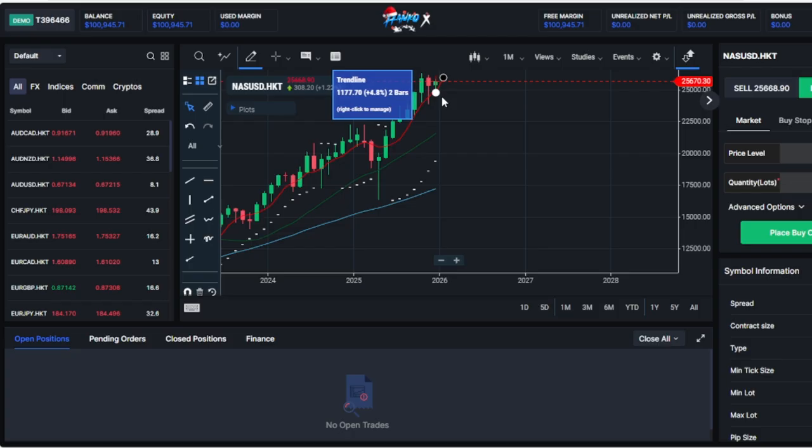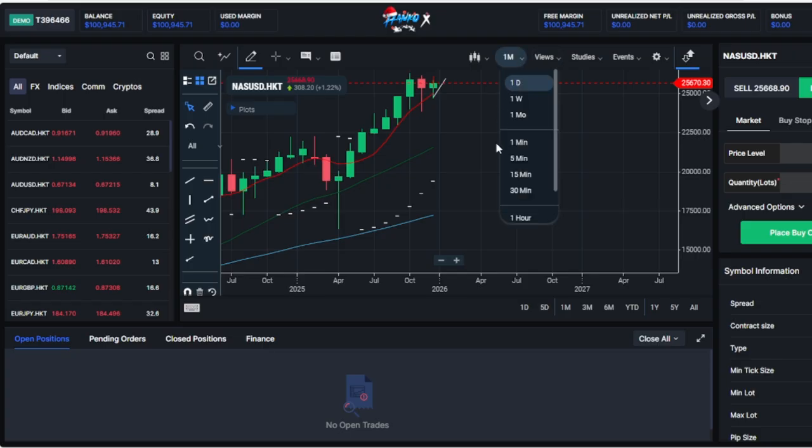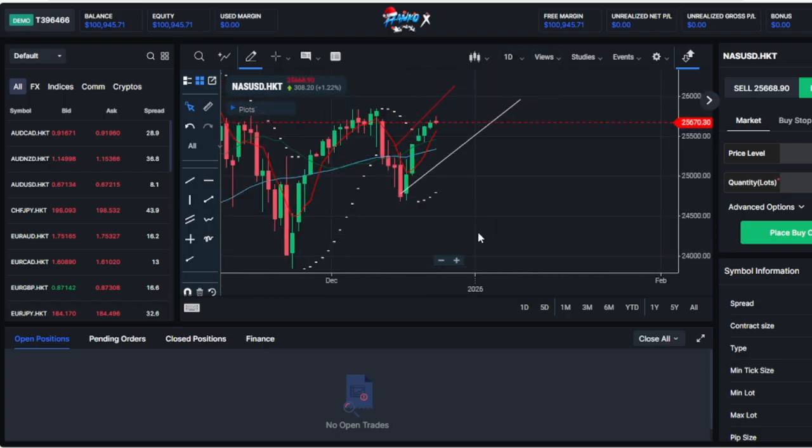Not saying that we can't get a little pullback. However, we've already tapped this moving average for the month and pretty close to it on the next month, right? So we want to be looking to be either flat or bullish to at least start the year before there's any news. So when we jump back into the daily trend, if we're going to hit that 2,600, which